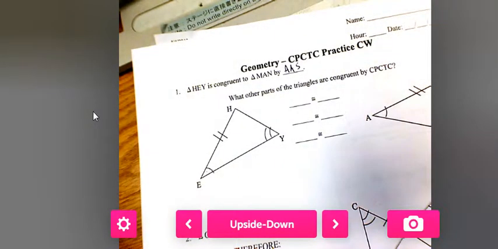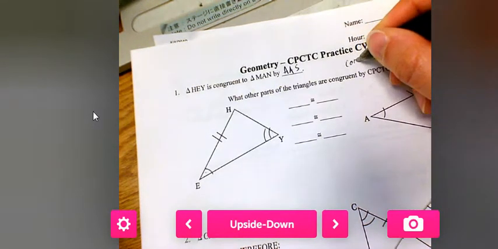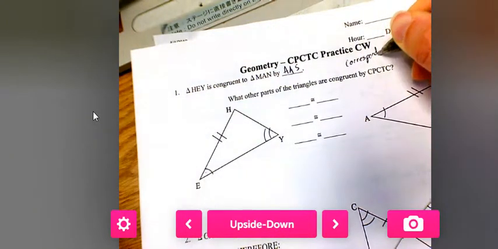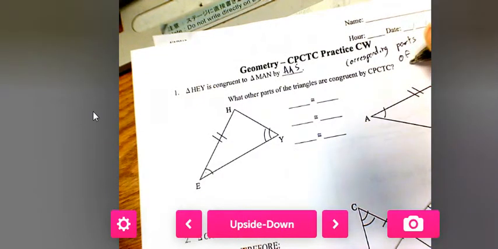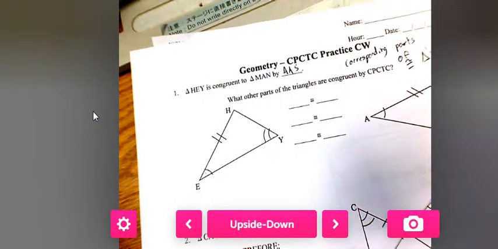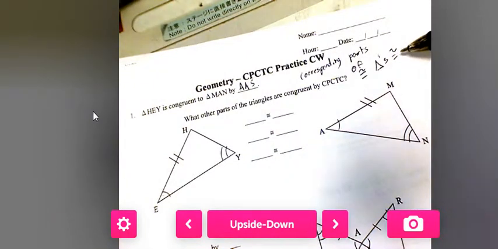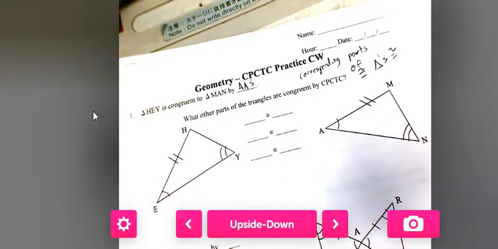CPCTC stands for corresponding parts of congruent triangles are congruent. Okay? Corresponding parts of congruent triangles are congruent. So, for example, let's say I've proven my right hand is congruent to my left hand. Are my pinkies congruent to each other? Yeah. So if you prove two triangles are congruent to each other, all their sides and angles must be congruent